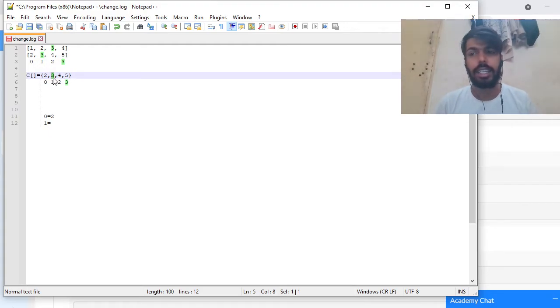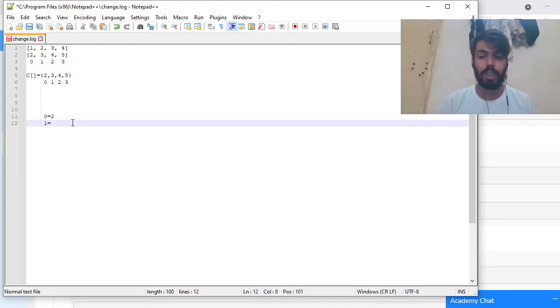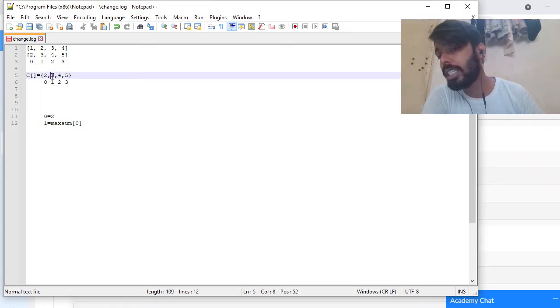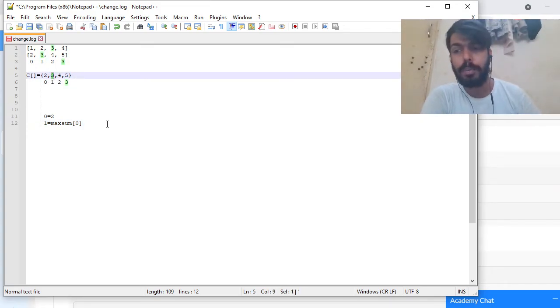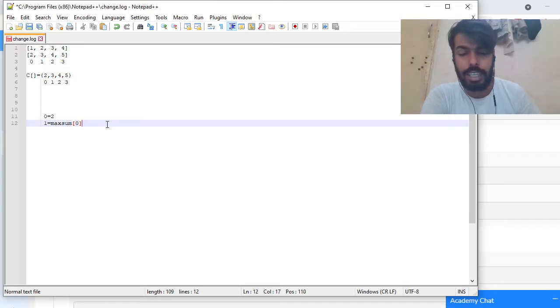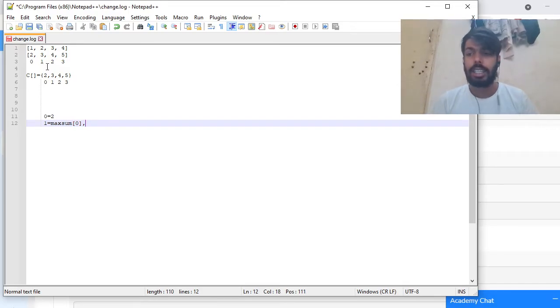Suppose I rejected this element, then the solution will be the maximum sum till element 0. Or suppose I am including this element in our answer, then what will the answer be?